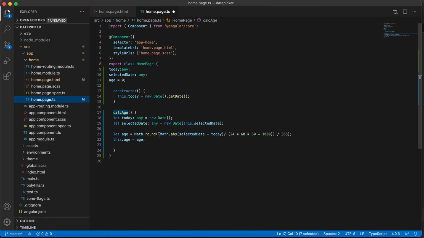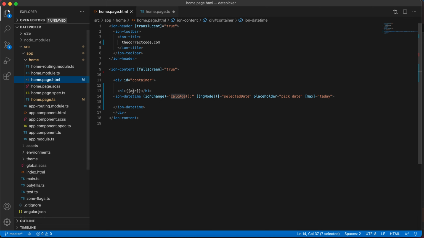Now we have calculated the age: selected date minus today's, and then divided by 24 into 60 into 60 into 1000 divided by 365. This is the common formula for age calculation. And this.age is the variable again I have taken, so I am using this variable and displaying the data here. This is how we create the age variable and display the age by selecting the date and year.